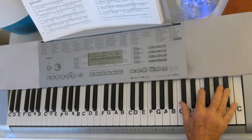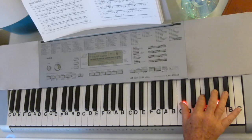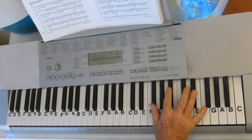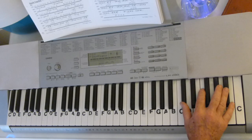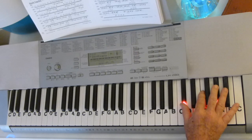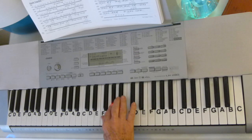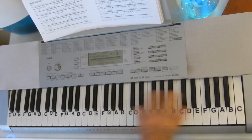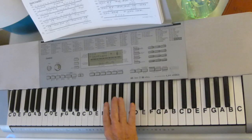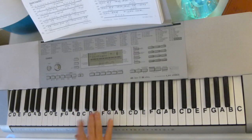So you may want to practice it a little bit. So this one falls right into your hand. And this one does too, but you got to use your little finger. See, and then it'll be these three keys on the black notes, and then back up to. It'll confuse you a little bit until you do it a few times, and then go slowly with this thing. So now, if we put it all together,